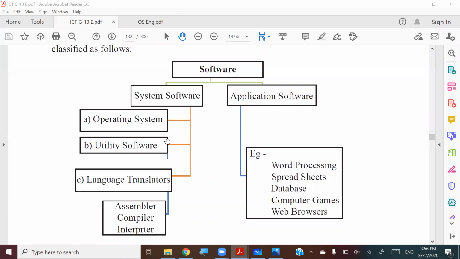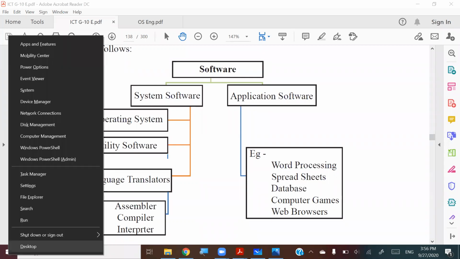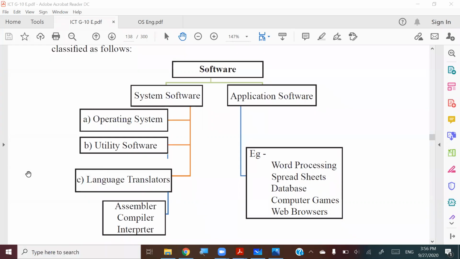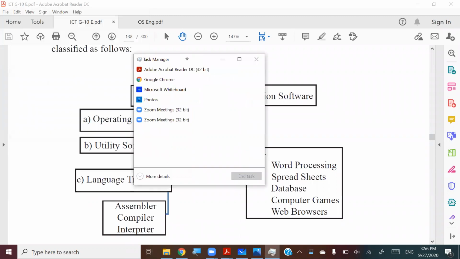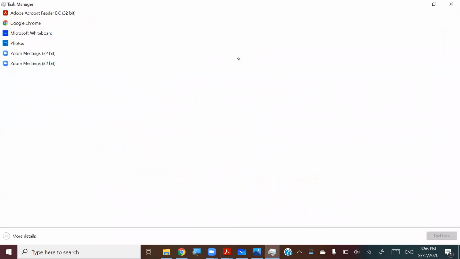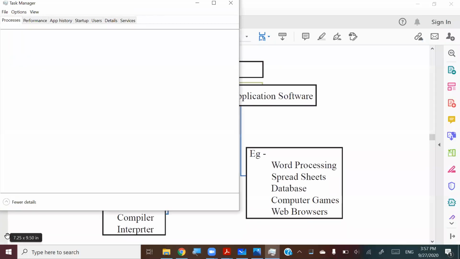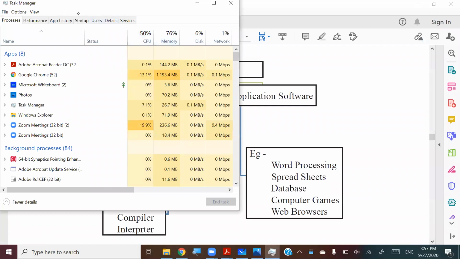And there is something called Task Manager in your operating system, in each and every operating system, right? So that Task Manager is another utility software. As you can see, this is the Task Manager, right? Task Manager shows what processes or tasks you are carrying out at the moment, right? And when it goes into the more detailed part, it shows you